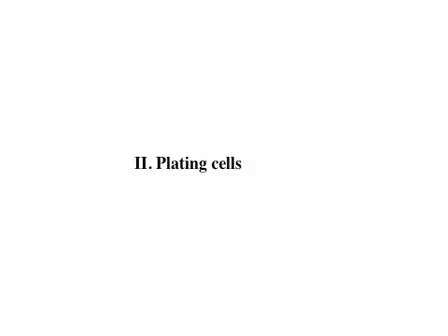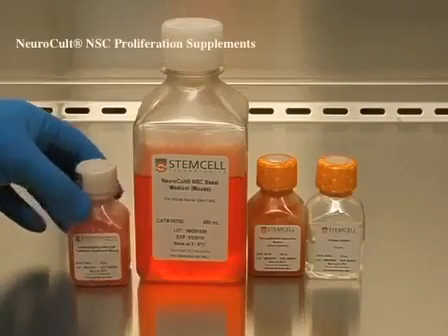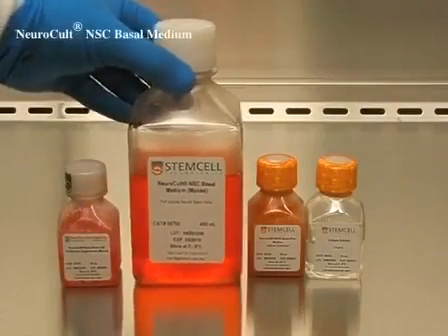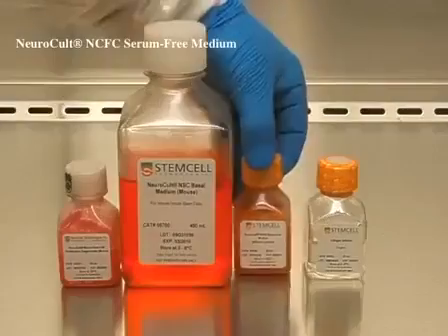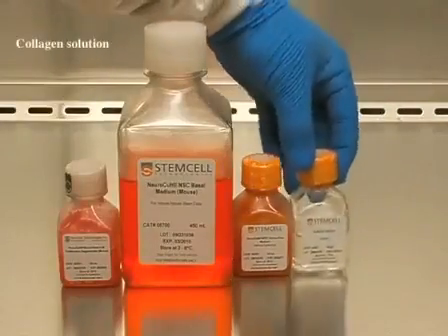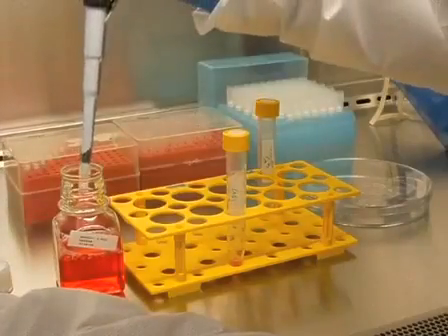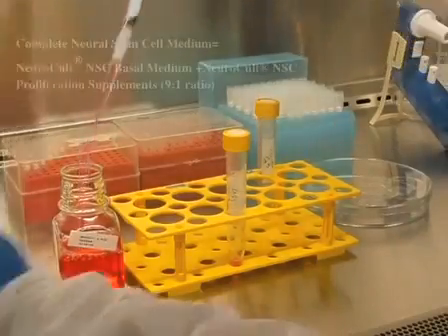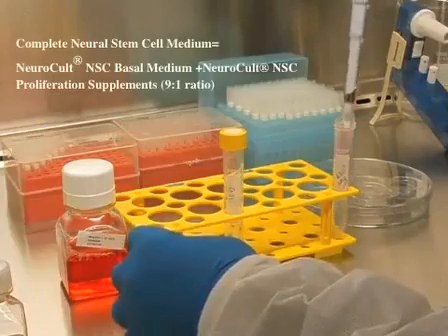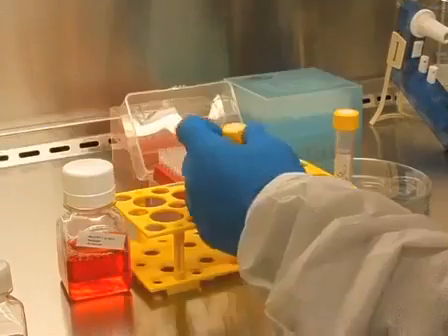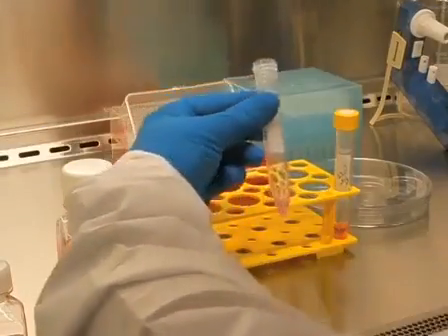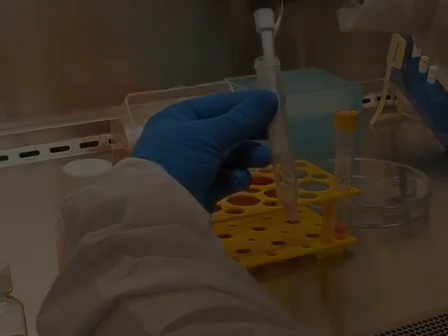For this assay we need NeuroCult neural stem cell proliferation supplement, basal medium, neural colony-forming cell assay serum-free medium, and collagen. Pipette 1 ml of complete neural stem cell medium into a 15 ml Falcon tube. Take as much volume from the cell suspension you have already prepared and pass through